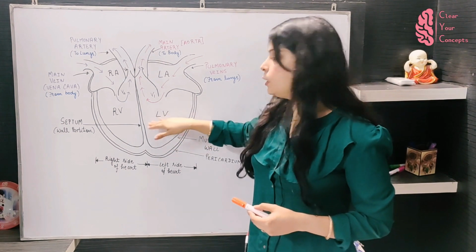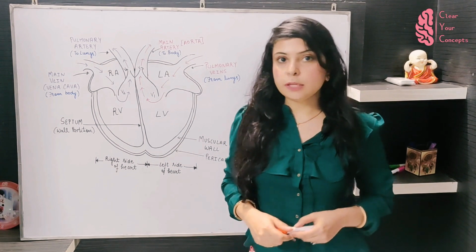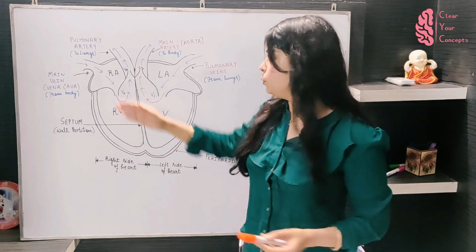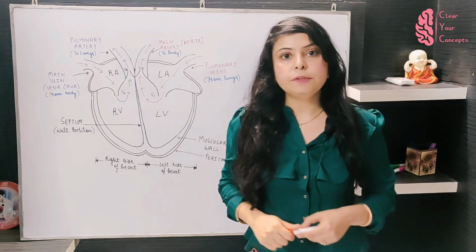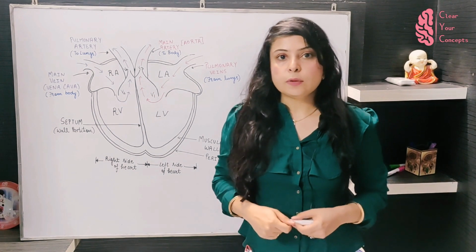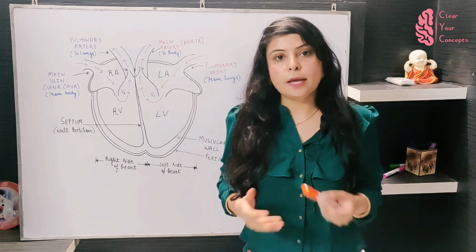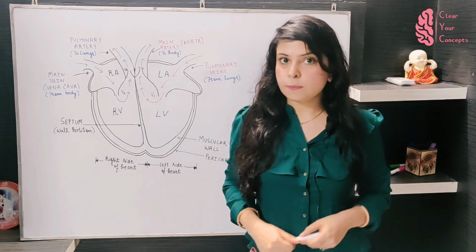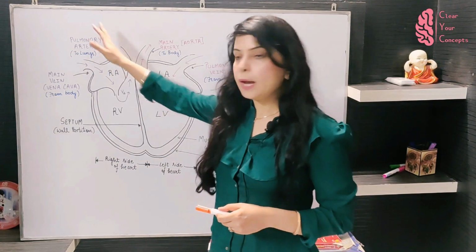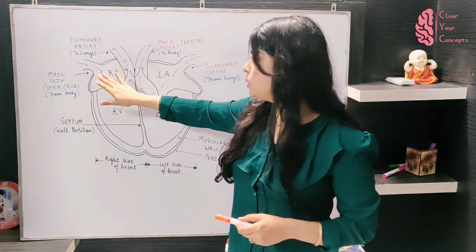Now, after the left auricle comes the left ventricle, and as I told you, the ventricle has the pumping capability. The left ventricle pumps the oxygenated blood to our body, and after cellular respiration, the gaseous waste, which is carbon dioxide, is produced in our body and is absorbed by the blood, and hence the blood is deoxygenated. Now this deoxygenated blood flows back to the heart and the right auricle receives the deoxygenated blood.